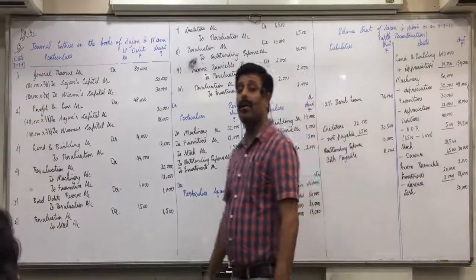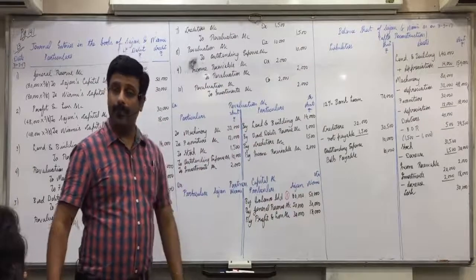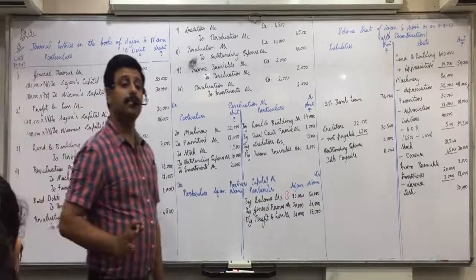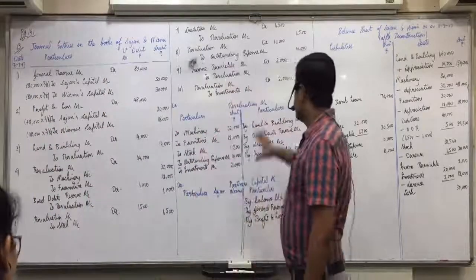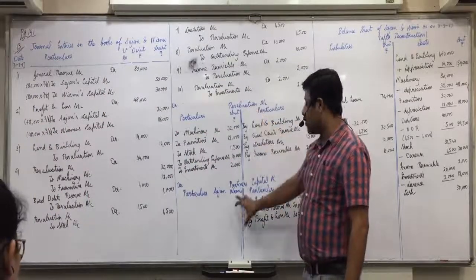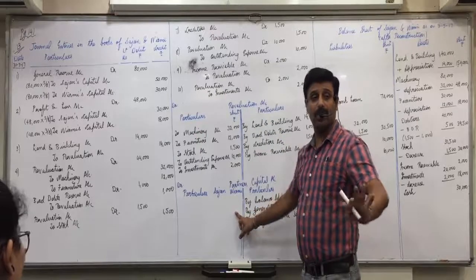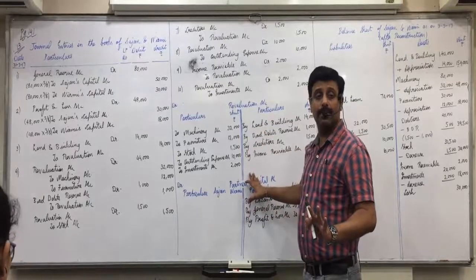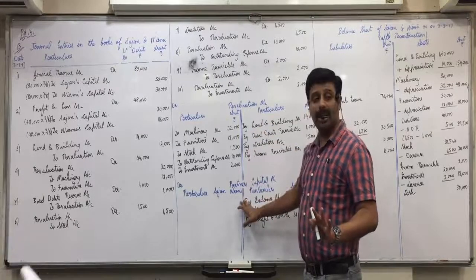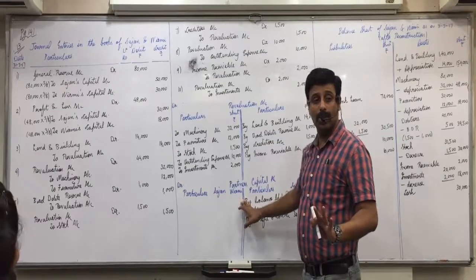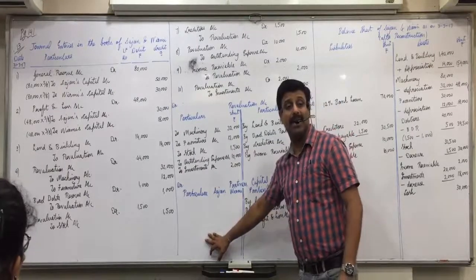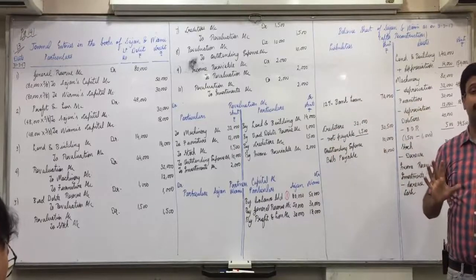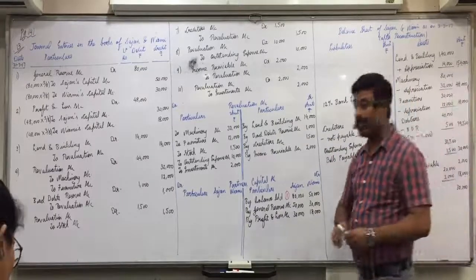You look at all the unticked items. Any confusion in that? As it is. Fifth, balancing. Listen. Revaluation's balance will transfer to partners' capital on the opposite side. Which ratio? Old ratio. Partners' capital balance will come on the liability side and the balance sheet must tally. So the last step is balancing.